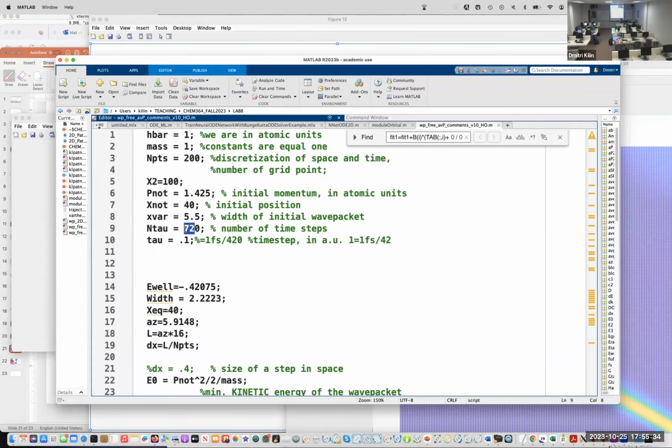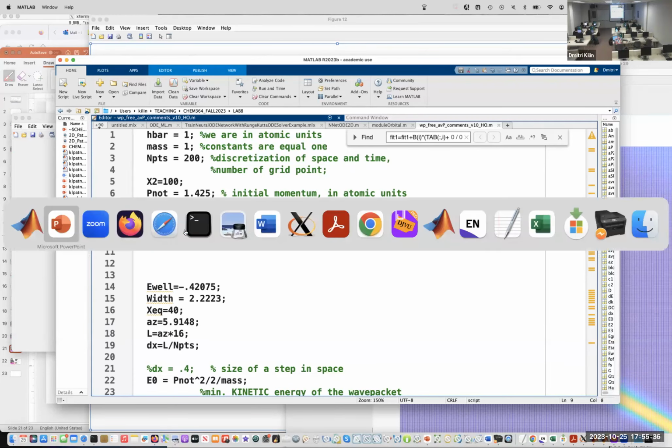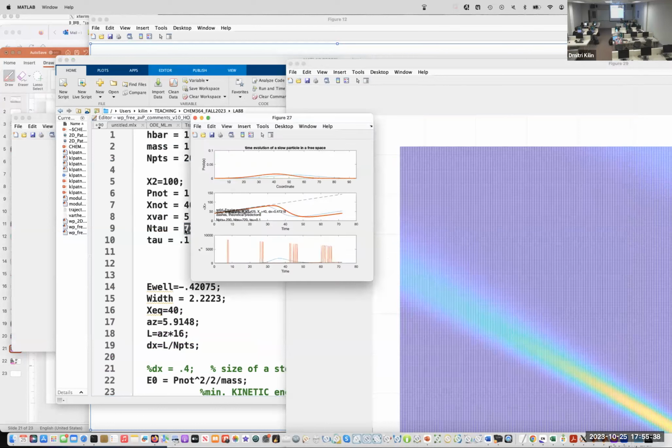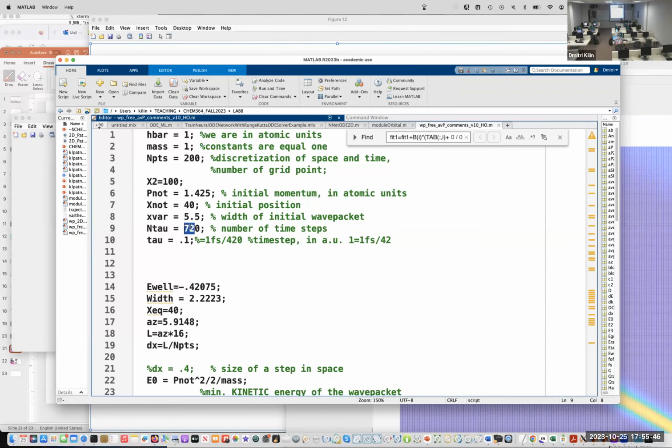So 72 atomic units. If you look onto these trajectories, you see they run from 0 to about 72. So one can control how long or how short by setting up this number of time steps and duration of time step.